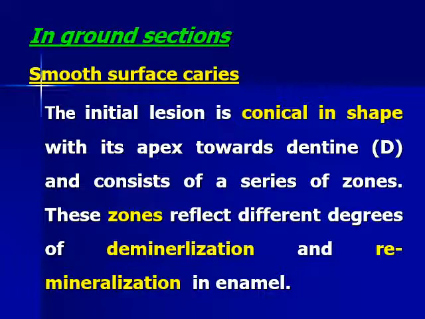So this is how we see it macroscopically. The brown, the white spot, the brownish discoloration, and the bluish if we have undermined enamel. In a ground section, and when we talk about enamel especially, we only see ground sections, which is the section that you prepare by grinding the tooth until it's so thin. You put it on a glass slide and you put a sticky material and a cover, and you start examining